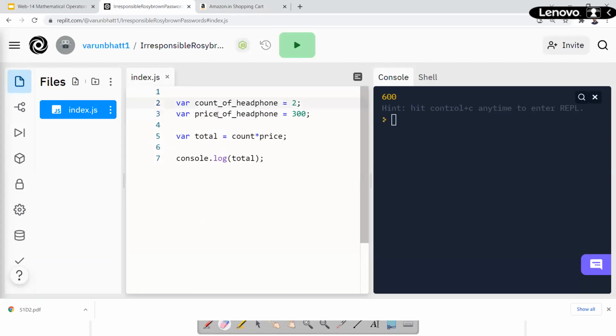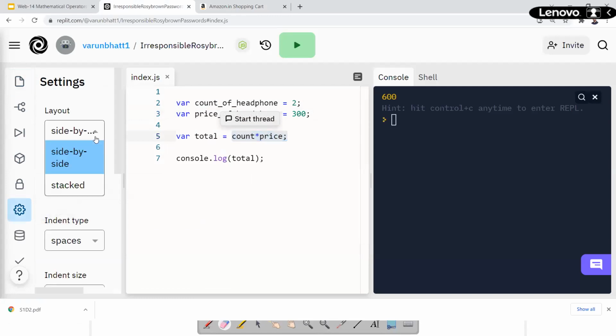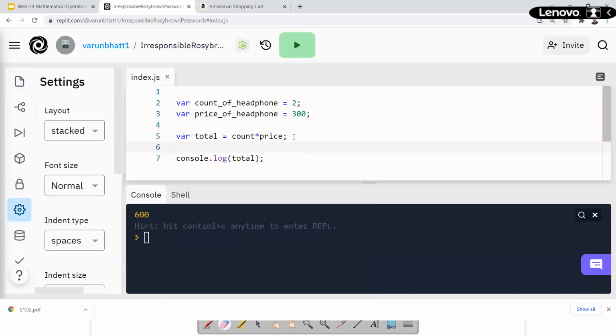Okay, count of headphone, price of headphone. Now, if I want to calculate the total, what can I write? I can write count of headphone